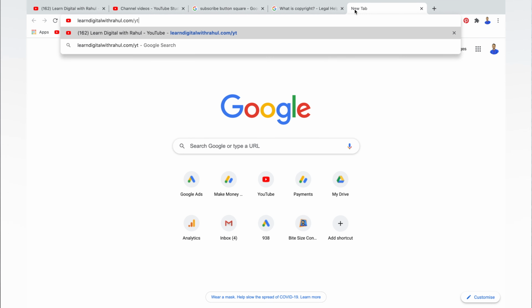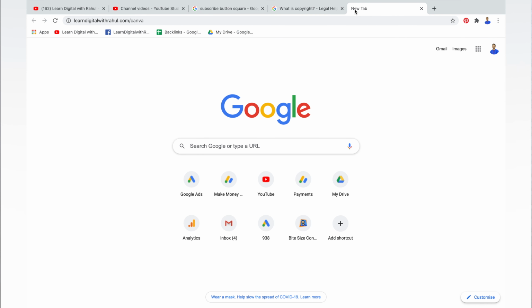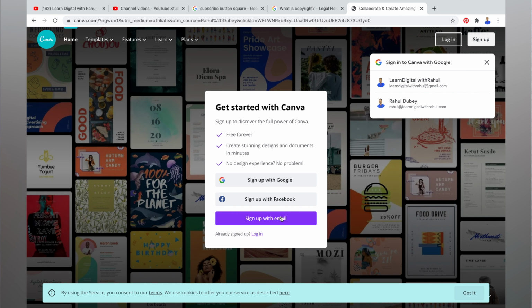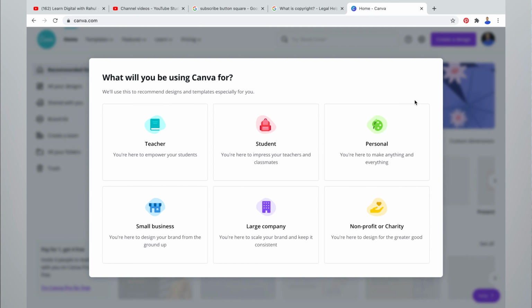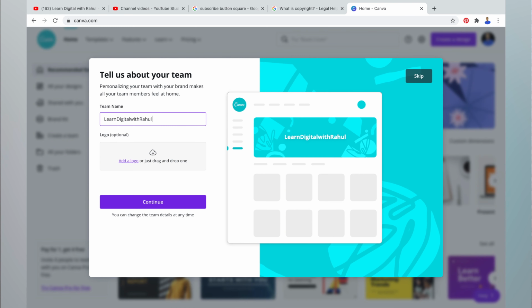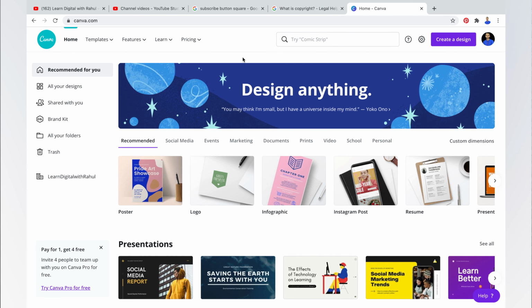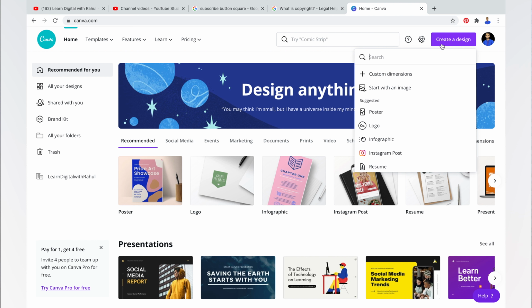Simply visit canva.com and sign up for a free user account. Canva is a web-based graphic design tool that allows you to easily create any kind of graphics without any graphic design skills. Once you are logged into your account, simply click on Create a Design and you will get various dimension options to choose from.